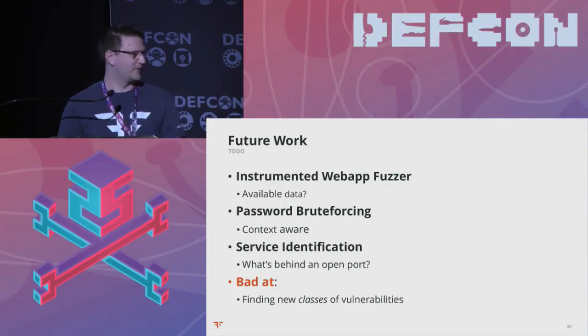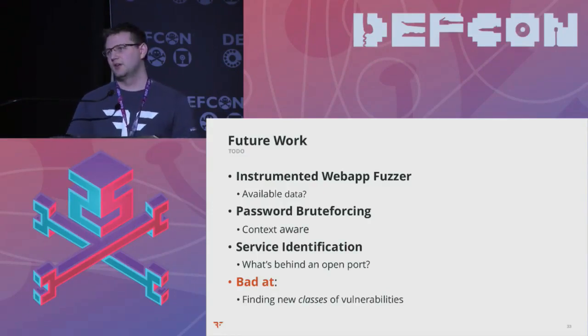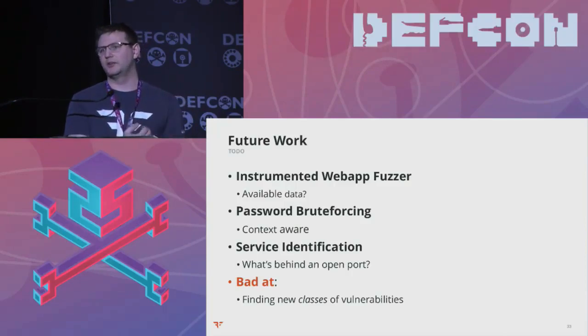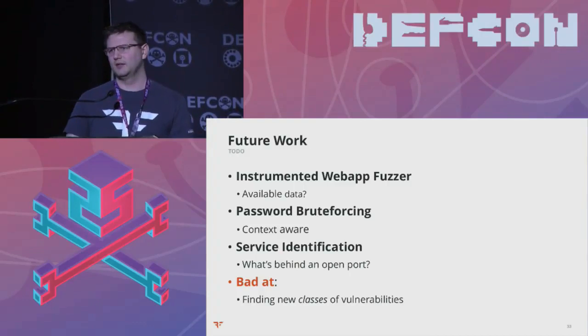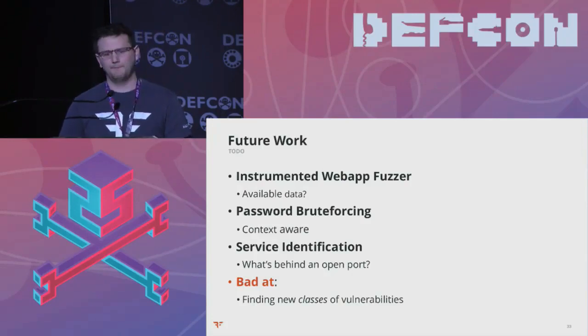In addition to that, we have things like an instrumented web app fuzzer, something that's given the internal structures from an instrumented Python web application, can see the internal data structures and logic, and can try to produce inputs that will exercise as much of that as possible. Basically like AFL, if you're familiar with that, but potentially much smarter in that it uses a neural network, and also for a web application. That's a much larger set of things to attack.